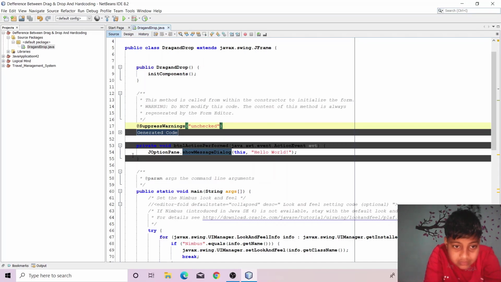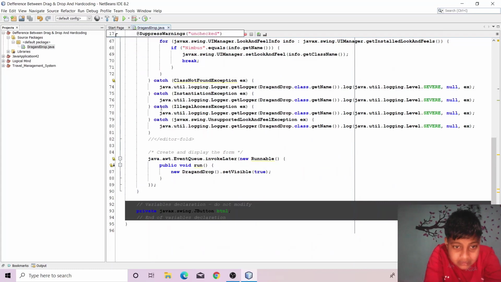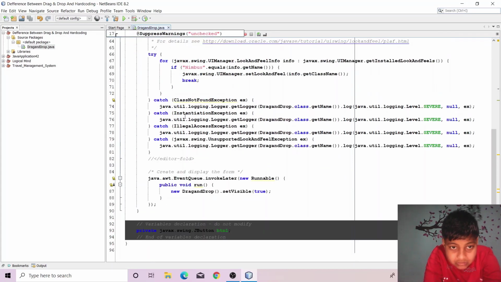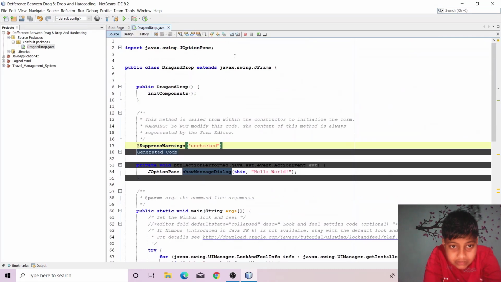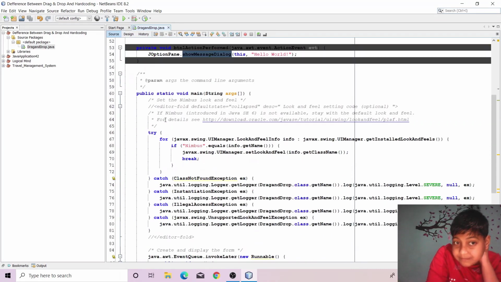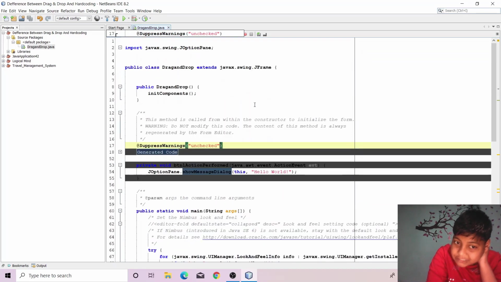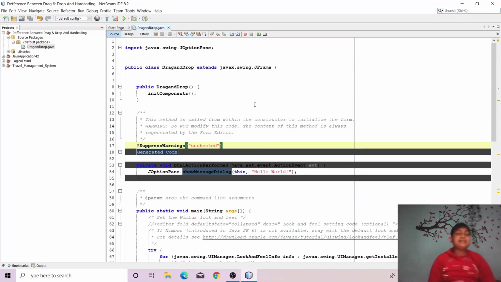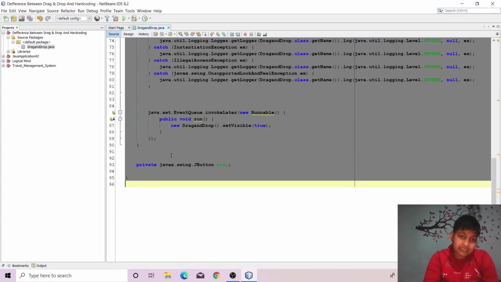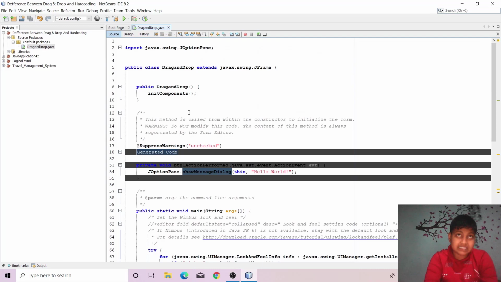Then this main method you will have to type, it is somewhere here, yes, here. You will have to type everything, while in drag and drop, half the things, the main important things, will be given to you.